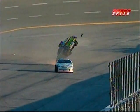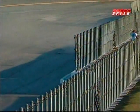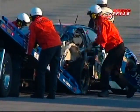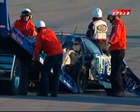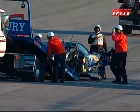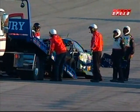A little bit of, I'm not sure that Patrick Shelter even made any contact. Looked like he almost went underneath the rear of that Ford. So Ricky Stenhouse Jr. slams back to the ground, hits the inside wall, and then gets it straightened back out. So Ricky Stenhouse Jr. has been able to climb out of that race car. He climbed back into the ambulance. They'll take him to the infield care center, check him out, and I'm sure he'll be disappointed, but we'll hear